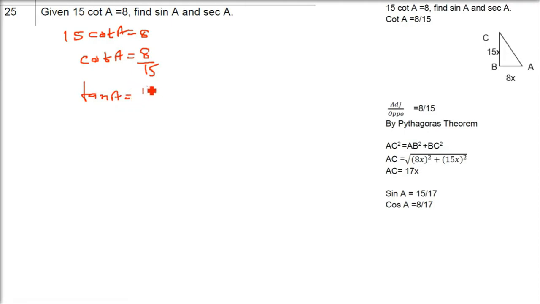You can also do with cot A, it doesn't matter, because we always deal with sine, cos and tan. That is why I converted it into tan A. So tan A is perpendicular by base. This is theta, tan A or tan theta you can say. A is the angle. Now this is B, this is C. What is tan A? It will be perpendicular by base. It will be BC by AB.